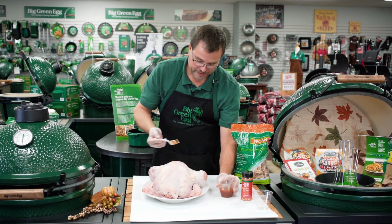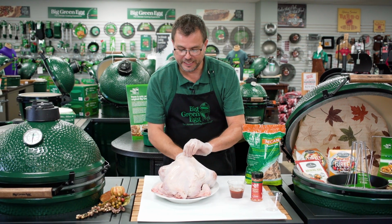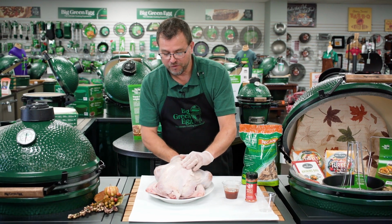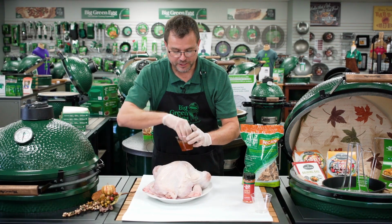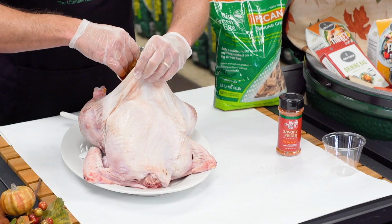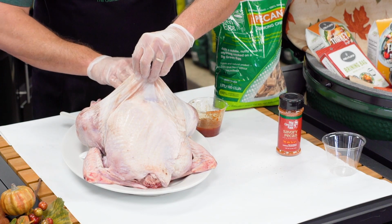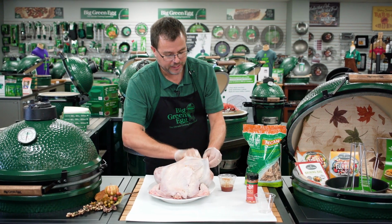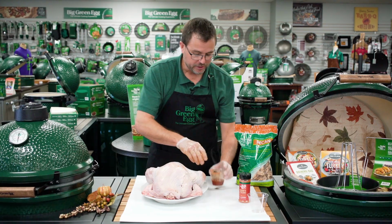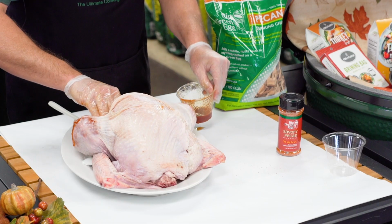Now, before I rub this down, I also want to separate the skin from the flesh. I'm trying not to tear it. If I do, that's okay. But when I put this in here, I want to not only season the skin, but I also want to get some of that on the breast meat, on the wings, on the legs. I'm just gonna rub that throughout. And then once we're done,